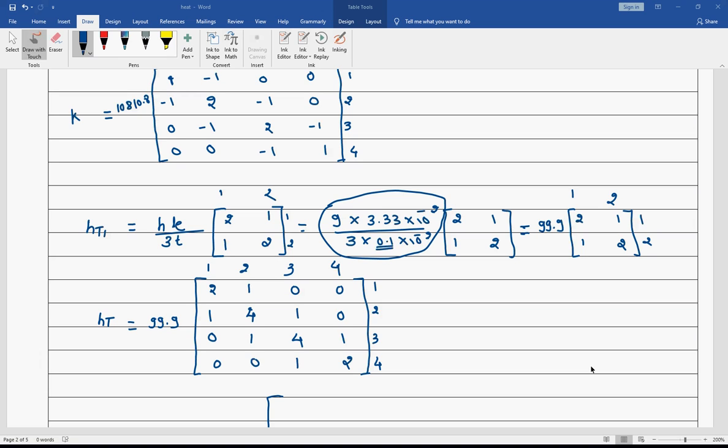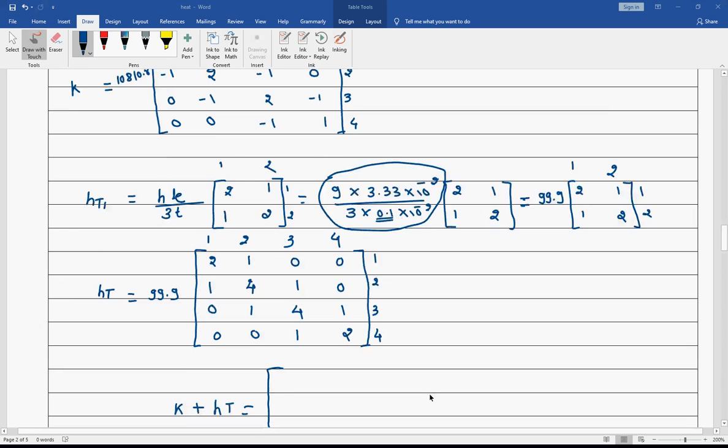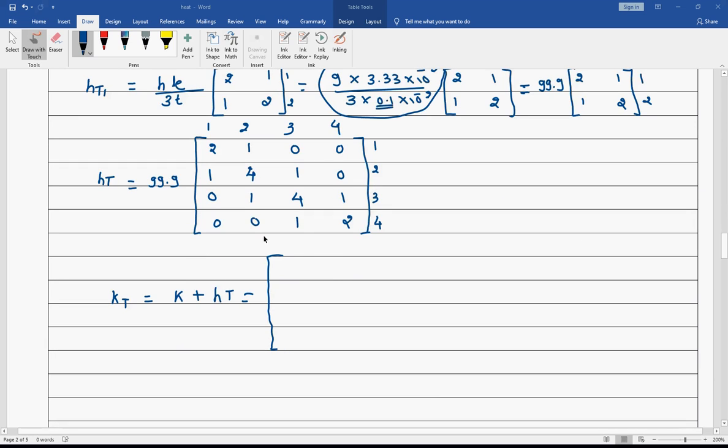Just keep in mind, there will be addition only at the diagonal, and at the rest of the locations a subtraction will be occurring. Okay. So I am writing this value. If it is incorrect, just let me know.